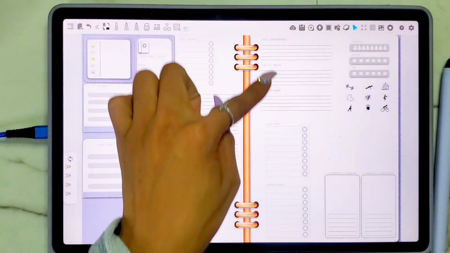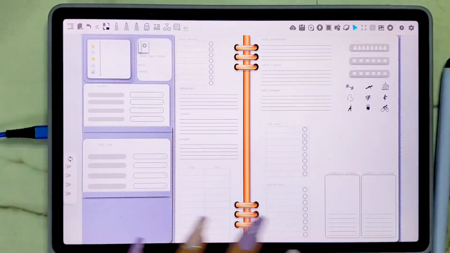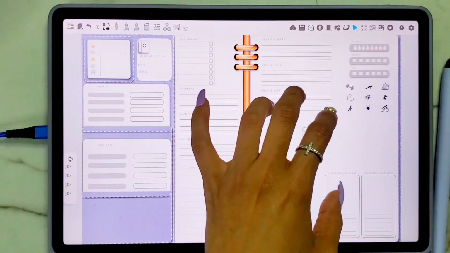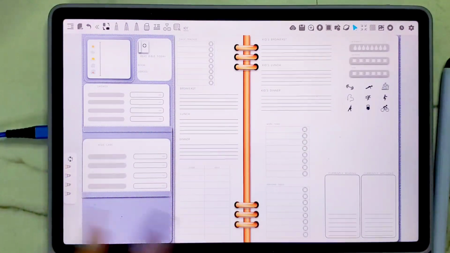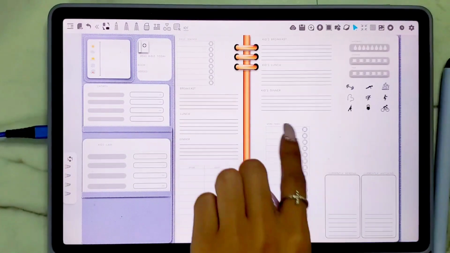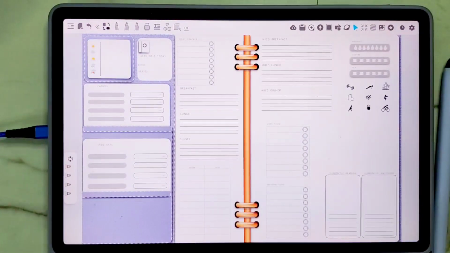And then I like that there's a kids breakfast, kids lunch, and kids dinner, because then you could plan for your kids if they eat separate from you, or if you're making school lunches or stuff like that. I don't really make school lunch for my son unless it's a sandwich he wants. Sometimes he might want cucumber and tuna, but school is obviously over, so I'm definitely gonna need this if he's home during the week, because I think he's gonna stay at his father's half the week and then with me